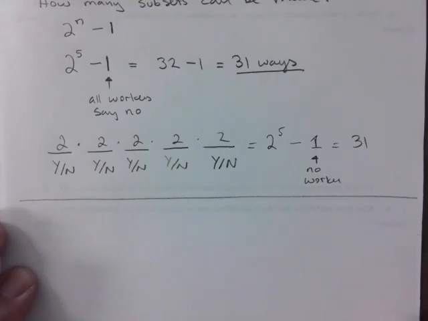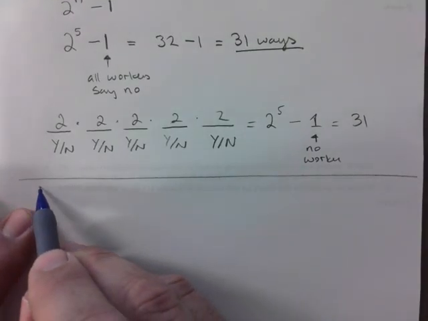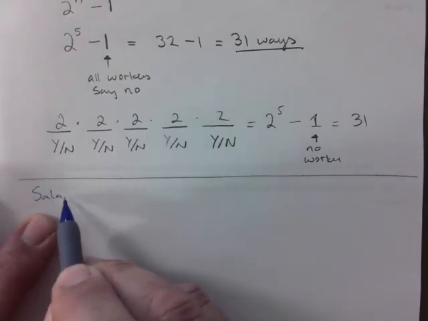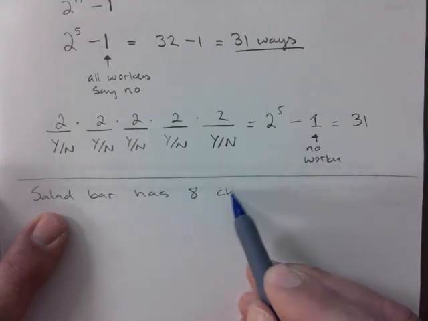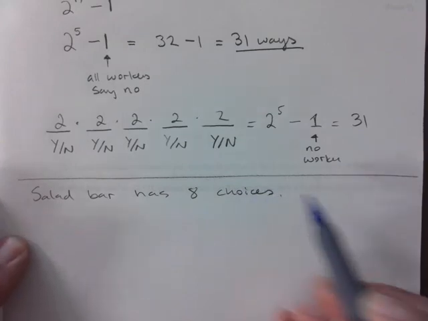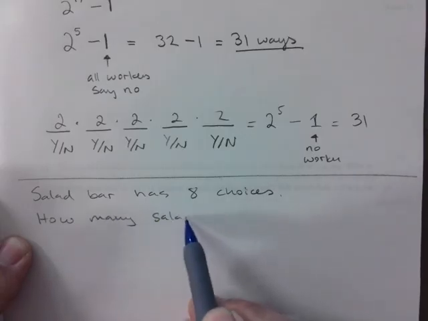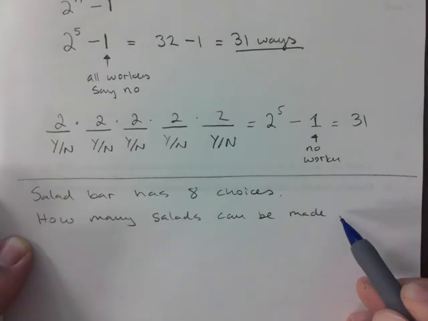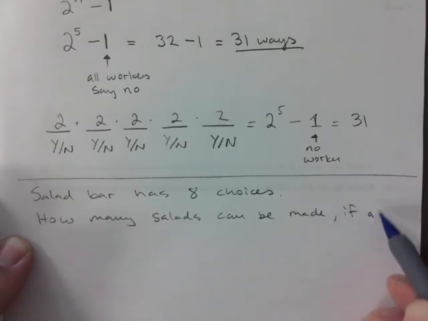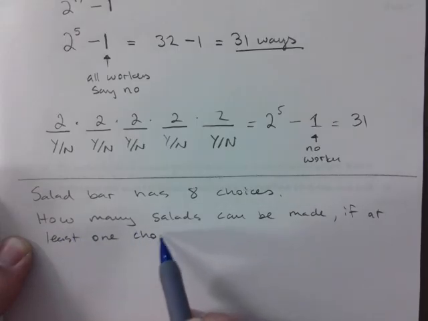It reminded me of one question that was very similar to this. It had to do with salads. Someone at a salad bar. So, salad bar, just write this down. Salad bar has 8 choices that you can pick from. How many salads can be made if at least 1 choice